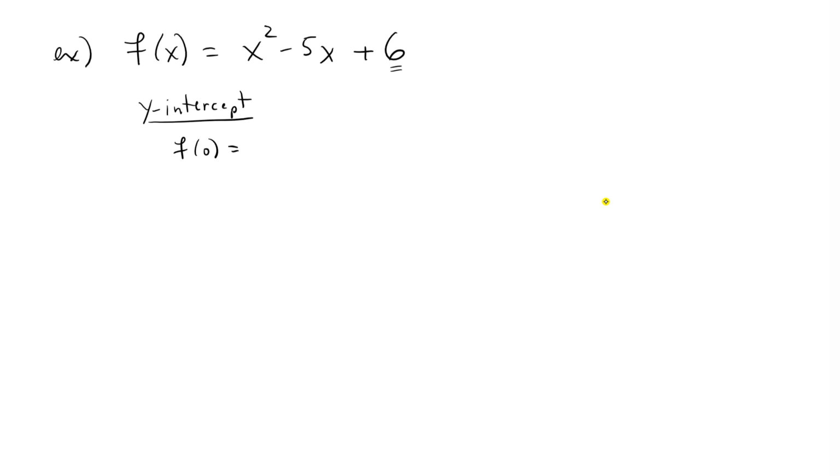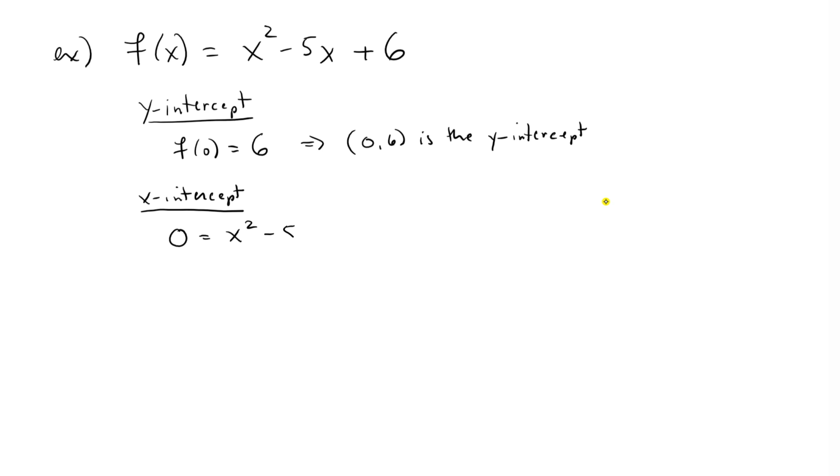This is easy. It's always going to be the constant term in our polynomial. So that means that (0, 6) is the y-intercept. There's always one because you can always evaluate f of 0. It's possible that there aren't any x-intercepts if the graph lies entirely above or below the x-axis. But anyway, to figure out if there are any x-intercepts, we're going to solve x squared minus 5x plus